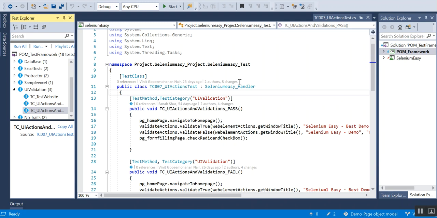So why are we associating it? Because if you don't associate it, then after the execution of the test cases, that means test automation scripts, the update should be updated in the test cases in the test plan. So there should be a link between the automation script and the test case. So in order to do that, we are associating the test cases in the test plan to our automation script. So let's go to our test plan.